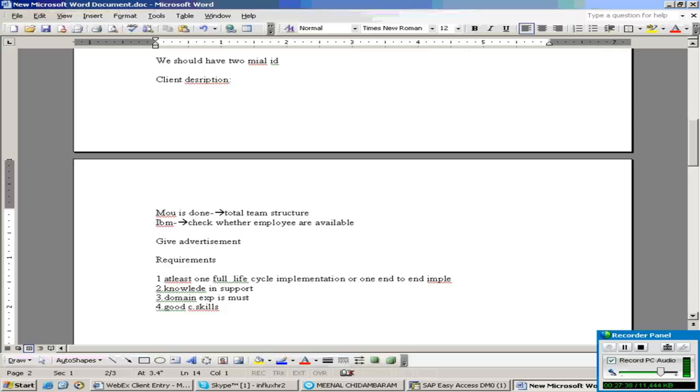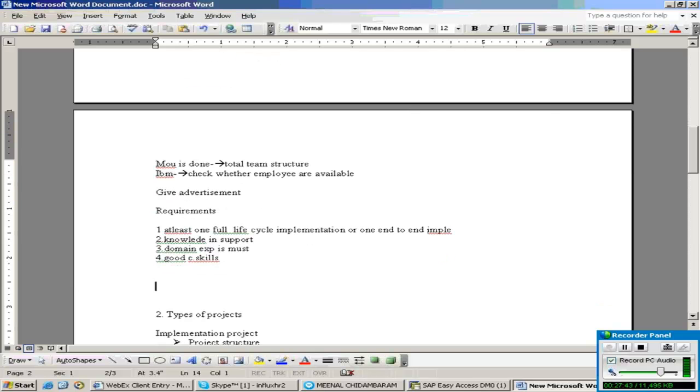Here one thing I want to say. Whatever the requirement specified in the papers or job portals, these 4 skills should be reflected in your resume. If they are not reflected in your resume, it is not shortlisted. Why? Because the client clearly, frankly said, my dear IBM management, we need professionals. We need consultants having some experience in full lifecycle implementation, knowledge in support, domain experience and good skills, because the person